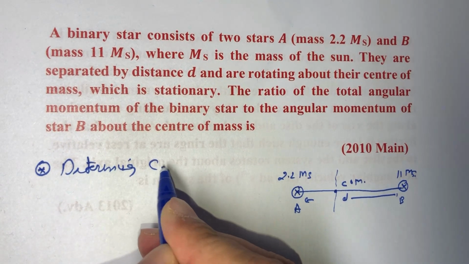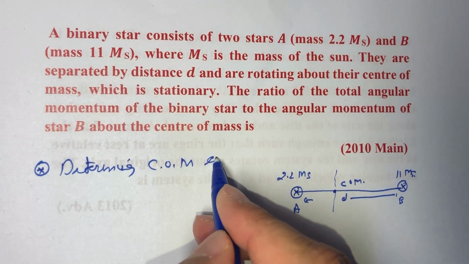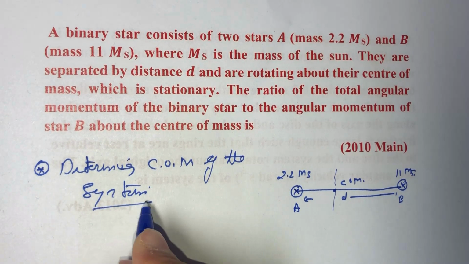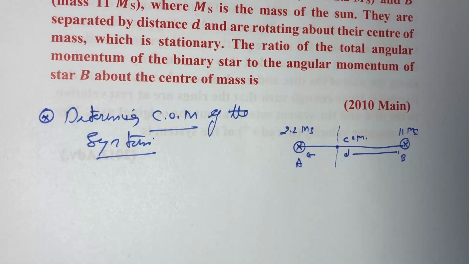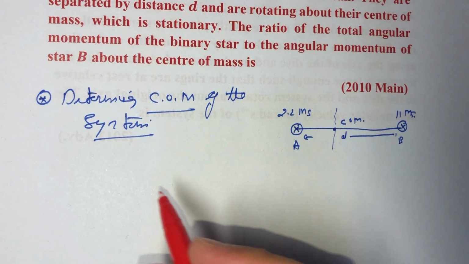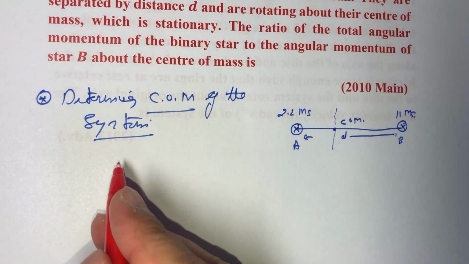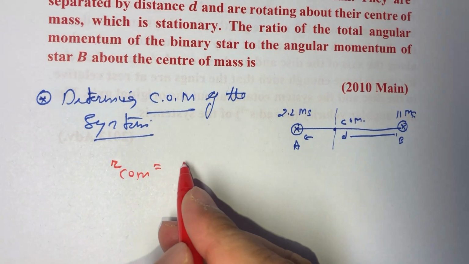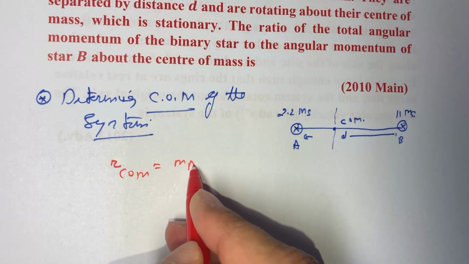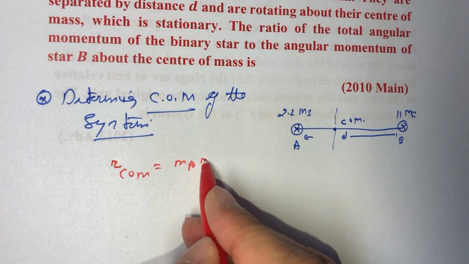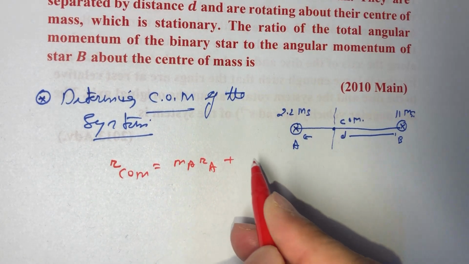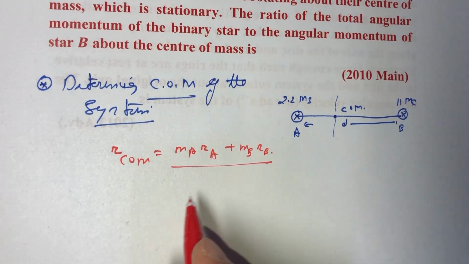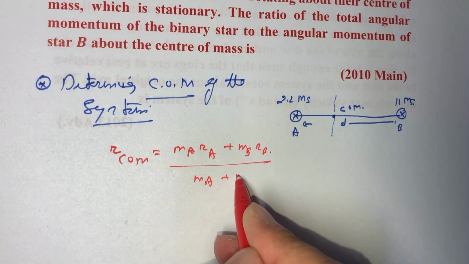Determining center of mass of the system, and for this we already know the formula. The center of the mass of the system, let us suppose that is given as R center of mass. This will be equal to mass of star A multiplied by distance of star A plus mass of star B multiplied by distance of star B divided by mass of A plus mass of B,